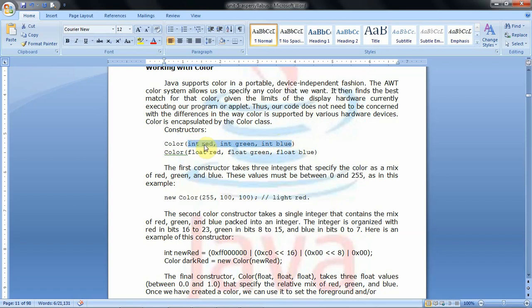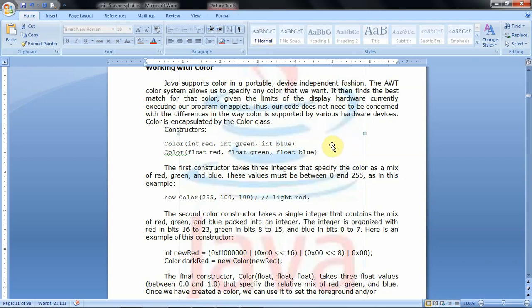The first integer constant represents the red color, the second represents the green color, the third represents the blue color. Any color in the real world is constructed with a combination of red, green and blue. That's why, to make any color, we provide a combination of these red, green and blue contributions.